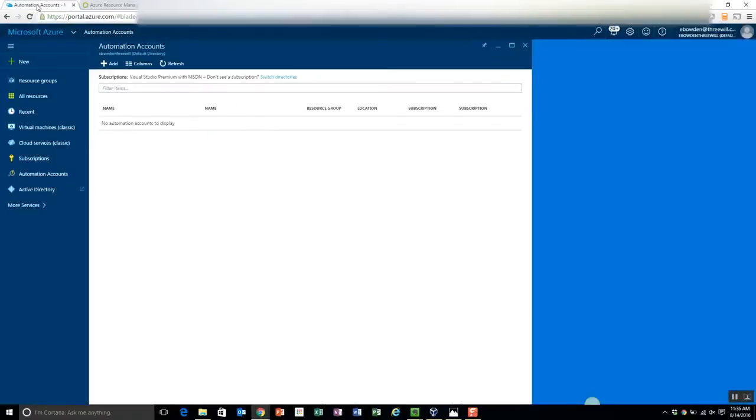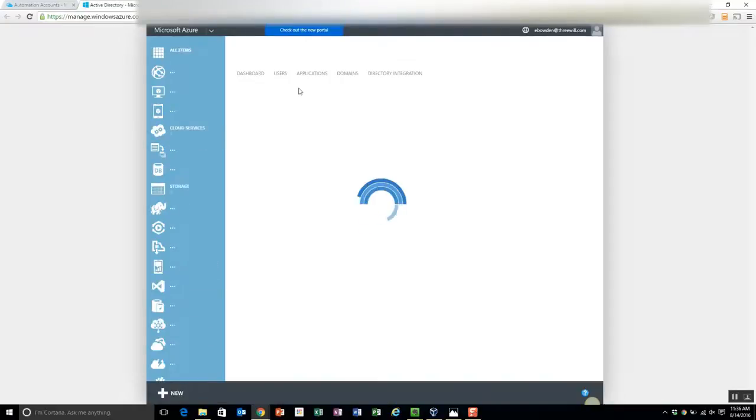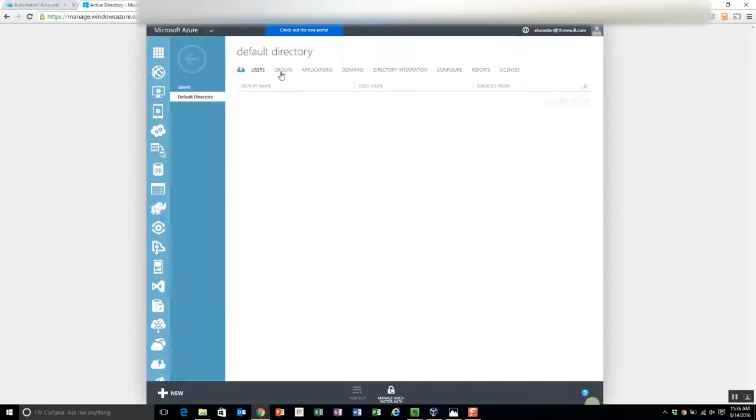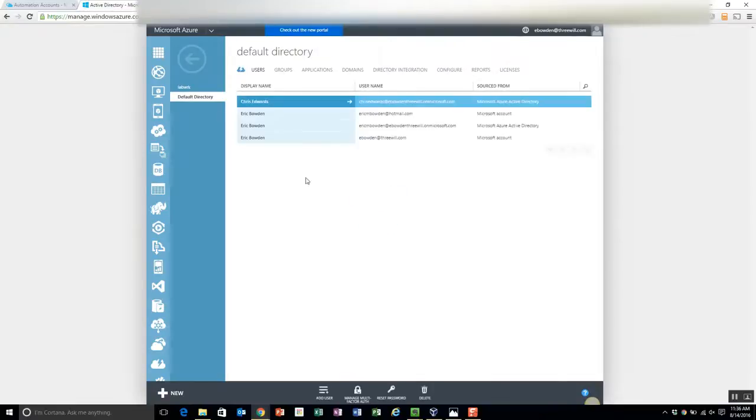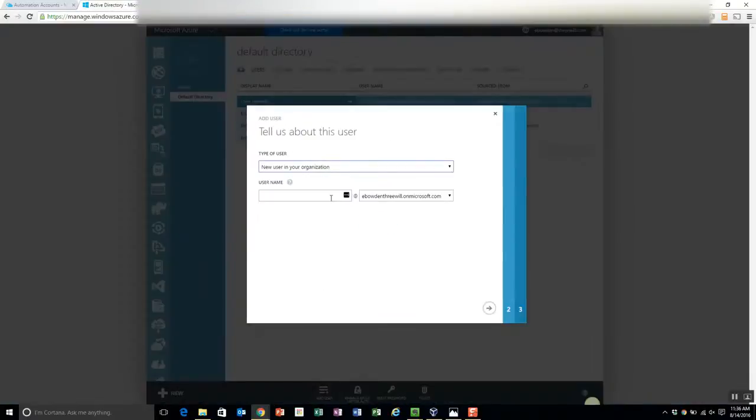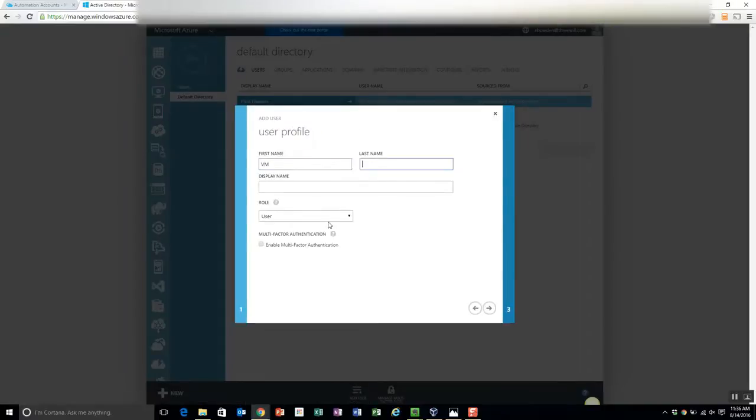So the first thing I'm going to do is I need to create the account. To do that, I'm going to go into the portal and choose Active Directory to get into my Azure Active Directory accounts. And I'm going to go to the Users tab. And I'm going to add a user, and I'll create a new user, and I'm going to call this VM Maintenance. Choose Next. We'll just call him VM Maintenance. Just create it as a standard user,